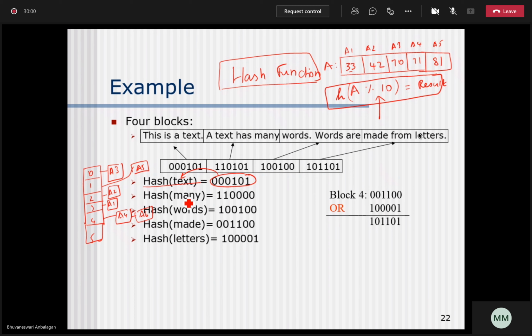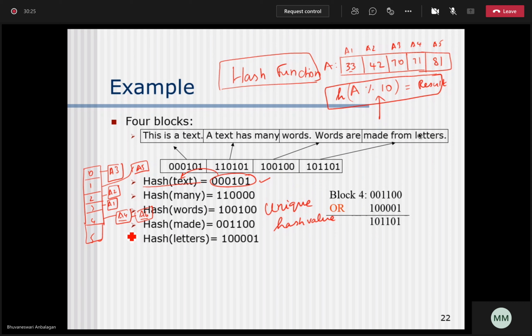By applying this hash function, every word should come up with a unique hash value. That is the thing that you need to make sure when you're applying some hash function. For example, if you see here, a4 and a6 are coming under the same hash value 4. So this will return the same hash value 4.